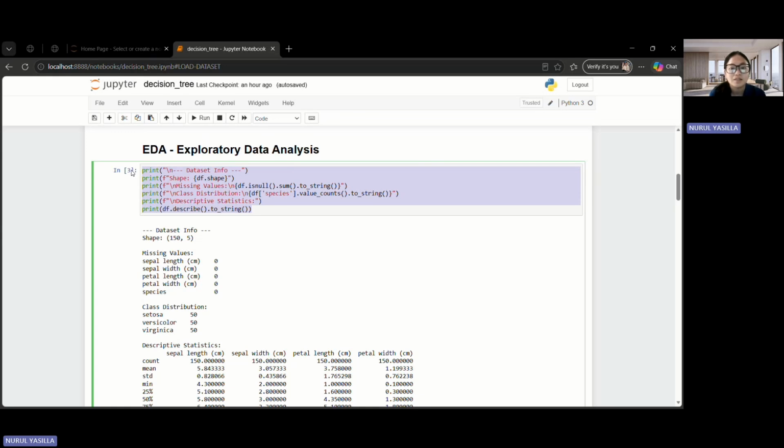Several things are checked: the shape or size of the dataset, the number of missing values, the distribution of target classes, and descriptive statistics such as mean, standard deviation, minimum and maximum values for each feature. EDA is essential to ensure the data is clean, balanced, and free from anomalies that could degrade model performance.